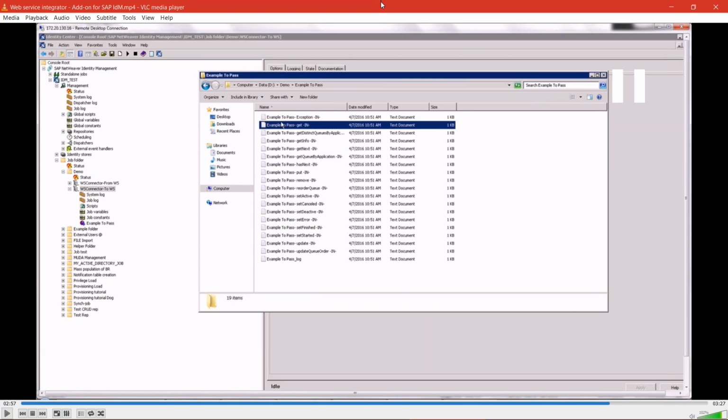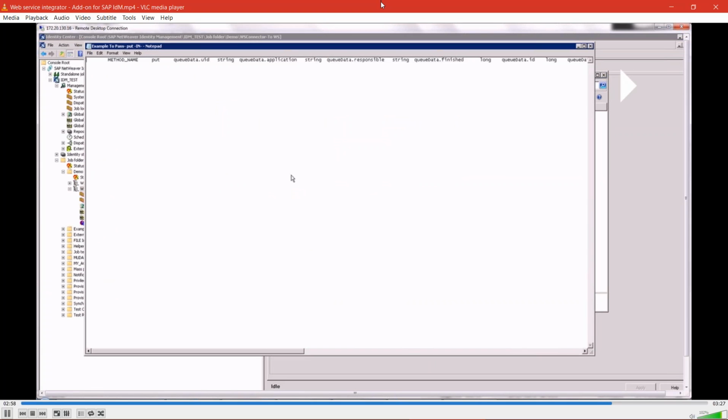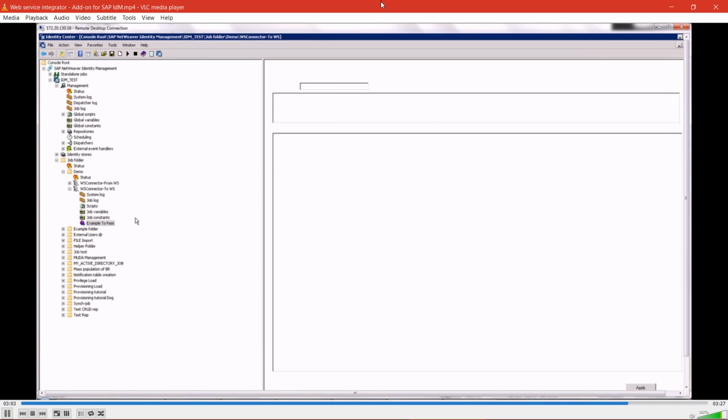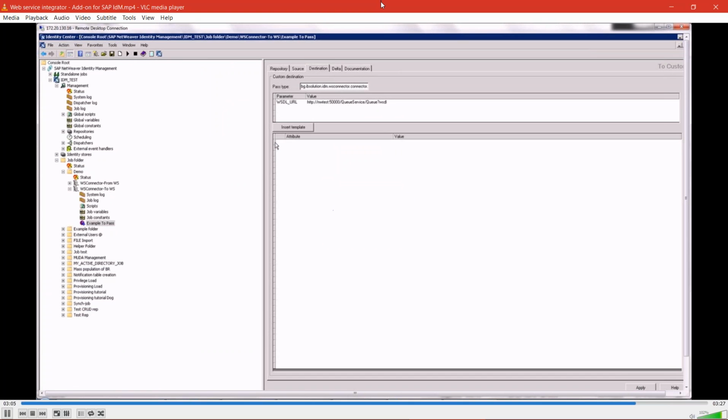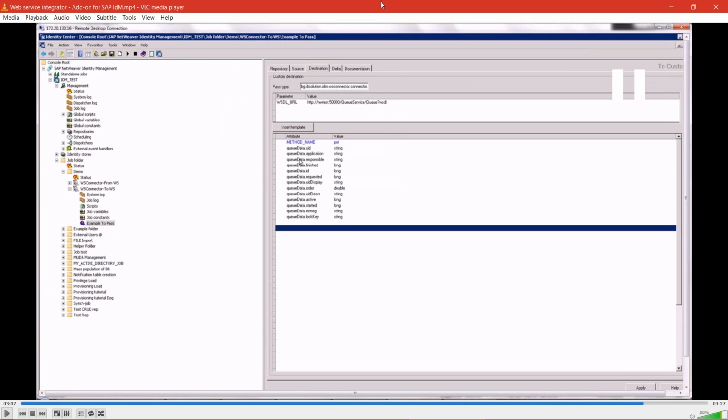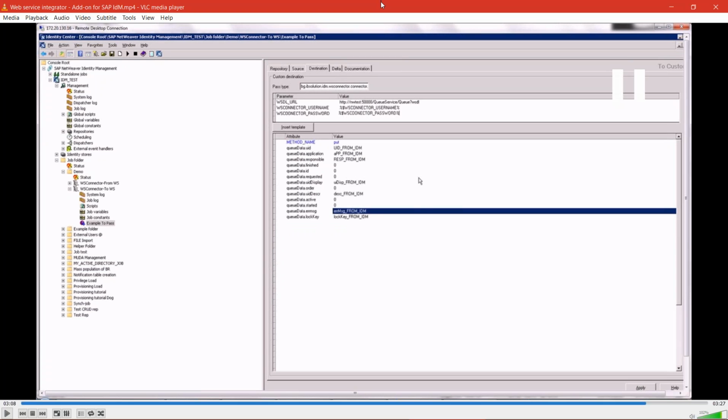Then, the same way, we get the input and output from all the methods that we have inside the web service. We pick the method that we need and we just copy and paste it. You see a lot of parameters. Each one of these parameters has different values and different types. Once we maintain those, we're also going to put the username and the password in the parameters, as you see on top, which we have stored as constants. And once we run that,